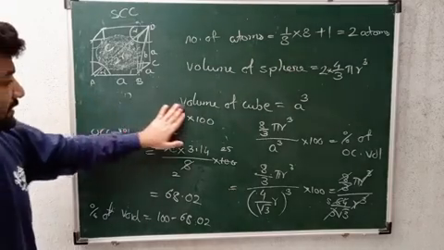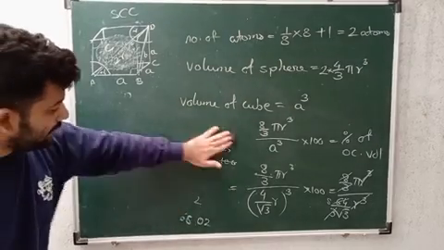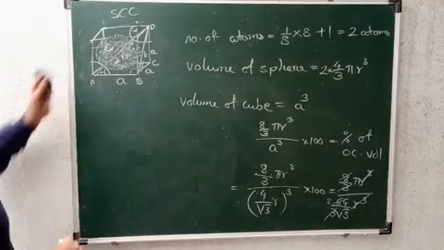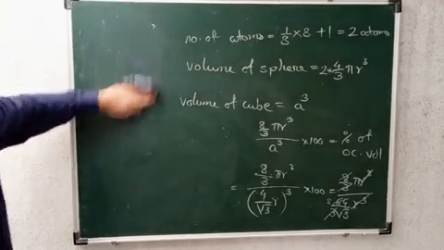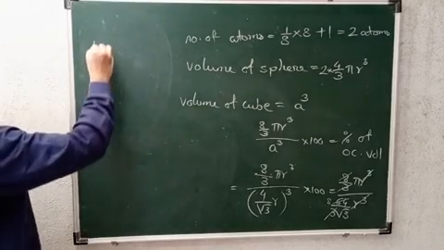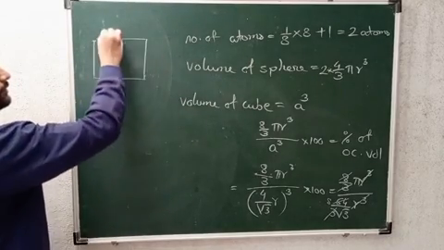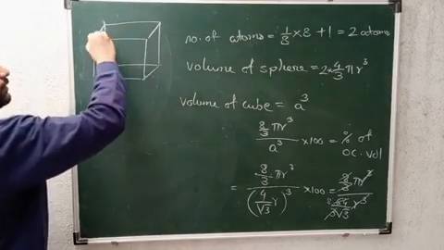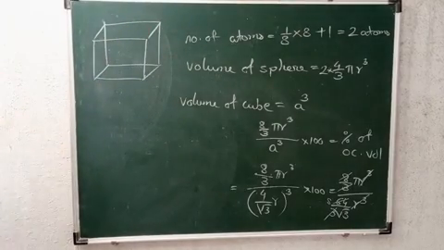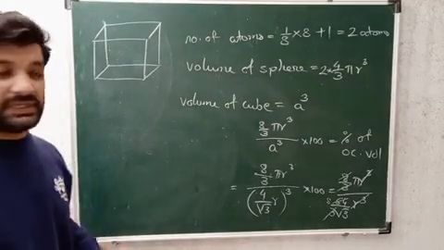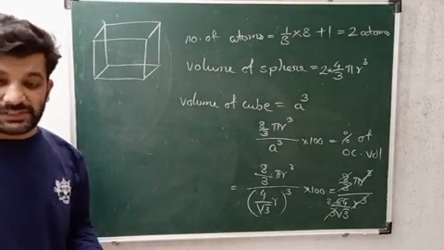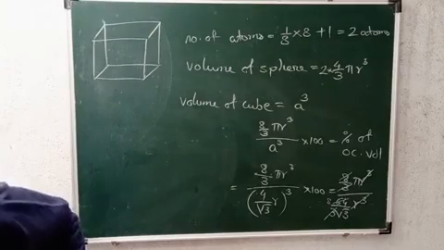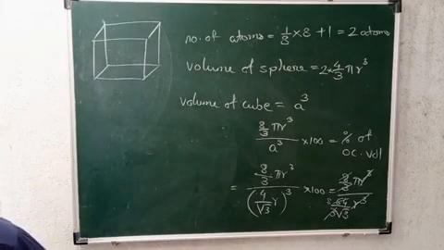In the face centered crystal unit, we first need to draw the diagram. First, I will draw the diagram for the face centered crystal unit. In a face centered crystal unit, we have half of an atom placed at each face. There are 6 faces, so at each face we will have half of an atom placed over there. How half an atom, that I will show you.